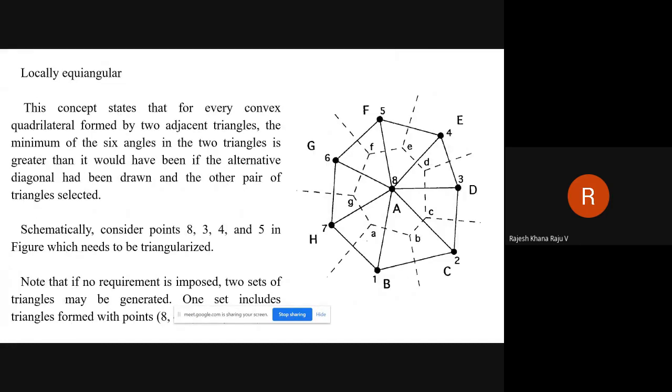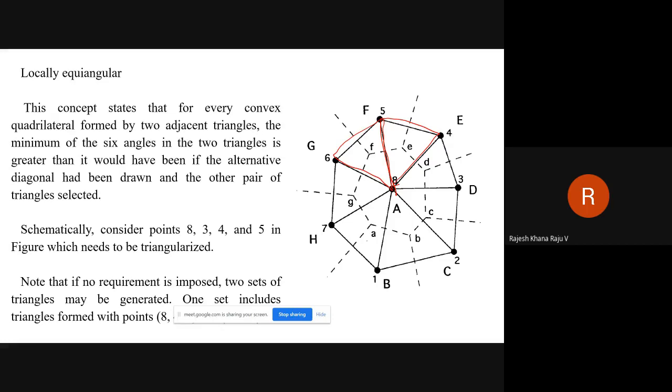Apart from that, another requirement for the Delaunay method is locally equiangular. That is the concept we will use to overcome the skewness. In case of locally equiangular, what happens? Take every convex quadrilateral formed by two adjacent triangles, for example 8, 4, 5 and 8, 5, 6.